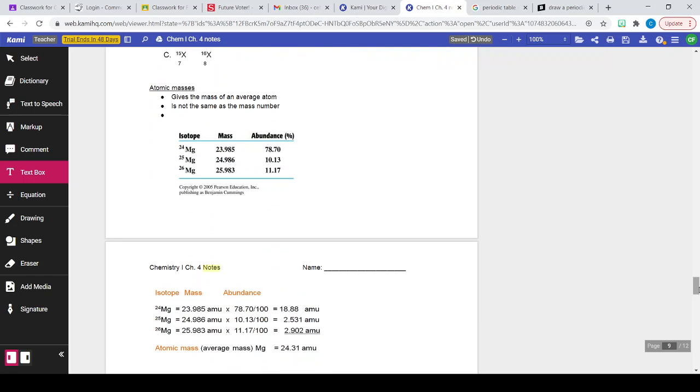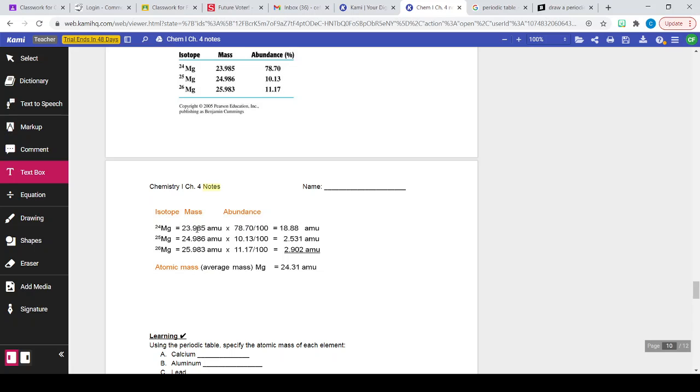Alright, atomic masses. Give the mass of an average atom. So anyways, this is how they get the mass on the periodic table. So take magnesium, for instance. There are 3 different types of magnesium. Now they are in different abundances on Earth. So what they do is they will take, if we scroll down here,